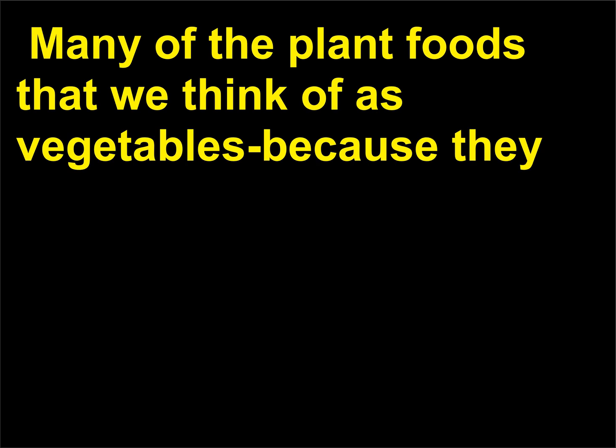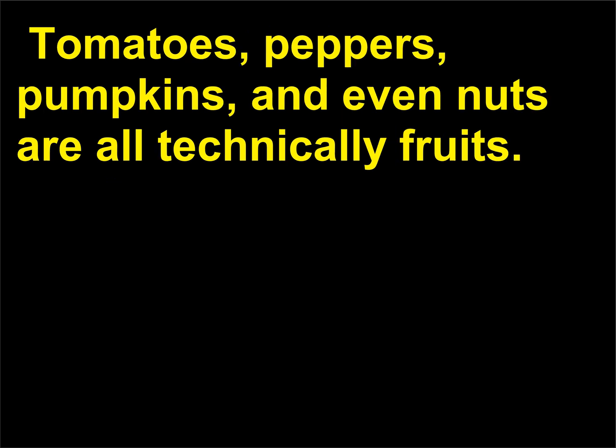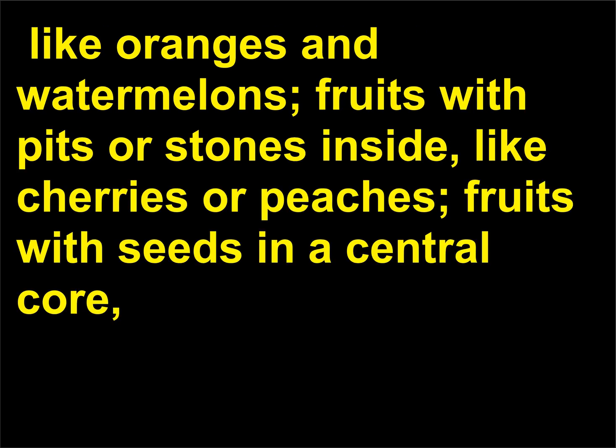Many of the plant foods that we think of as vegetables because they are not particularly sweet are really fruits, because they contain seeds. Tomatoes, peppers, pumpkins, and even nuts are all technically fruits. Fruits are divided into 4 types: fruits with seeds embedded in their flesh, like oranges and watermelons, fruits with pits or stones inside, like cherries or peaches, fruits with seeds in a central core,